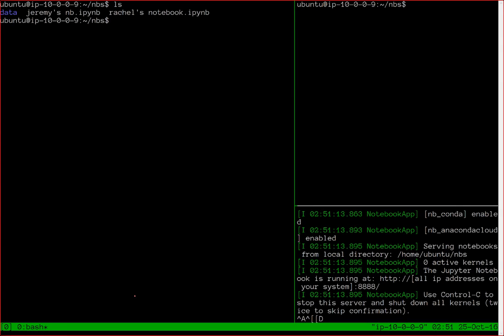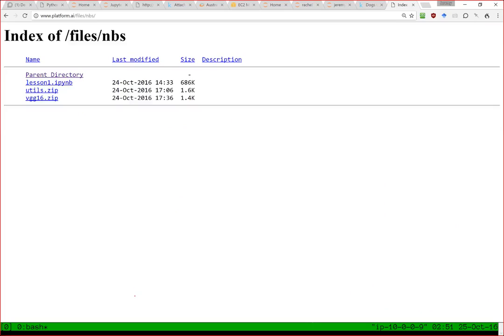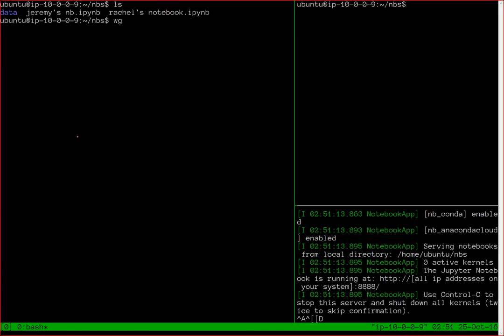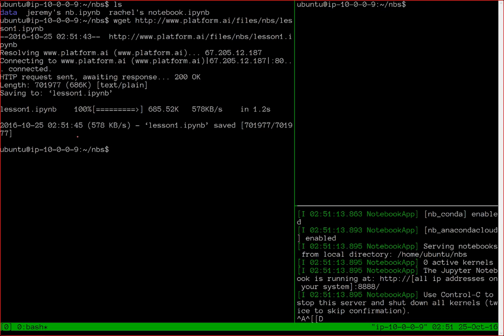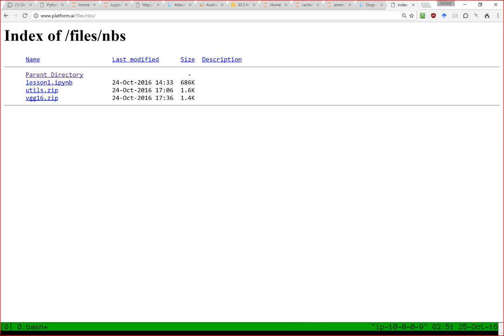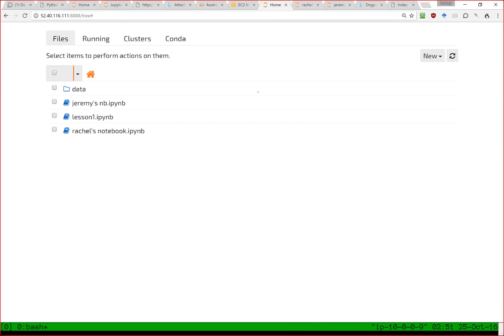And in particular, I'm going to go ahead and grab my notebooks. So I need to grab... I'm just about to, yeah, thanks. So the easiest way to grab things is with wget. So if I go wget, I now have a notebook, lesson 1. And so if I go back to my Jupyter Notebook, see it's appeared, lesson 1. And if I click on it,